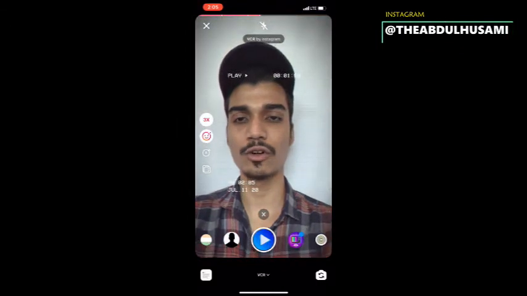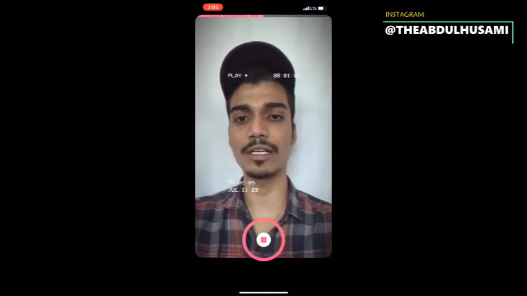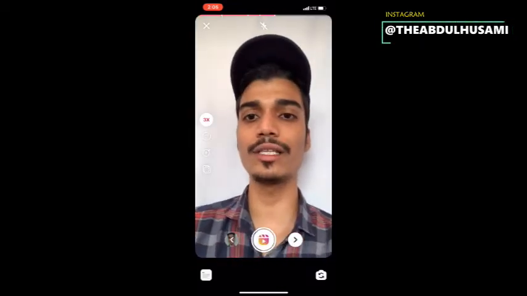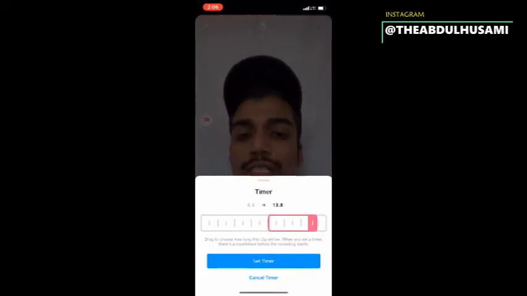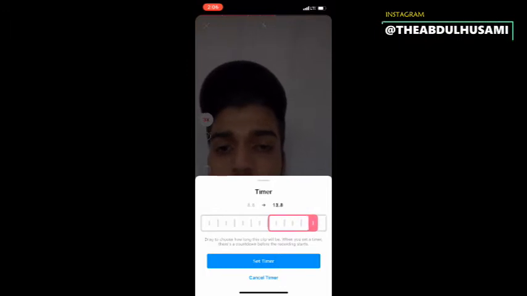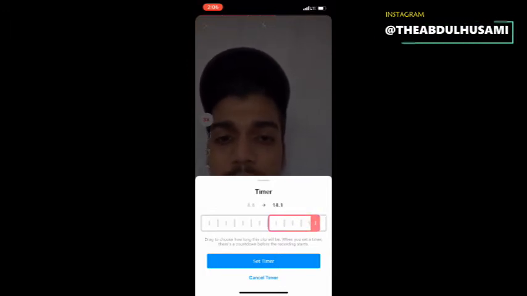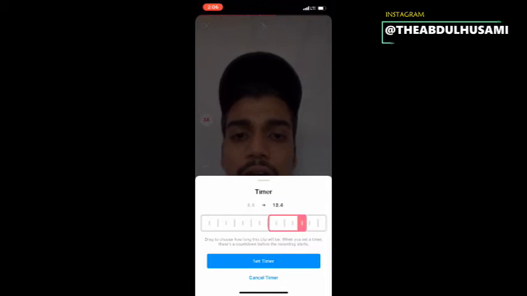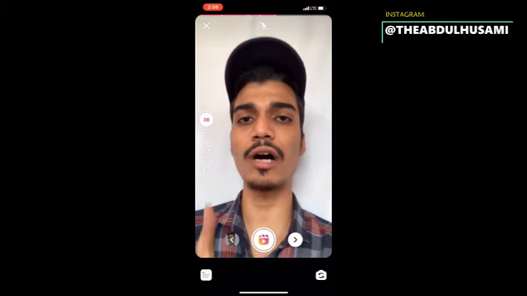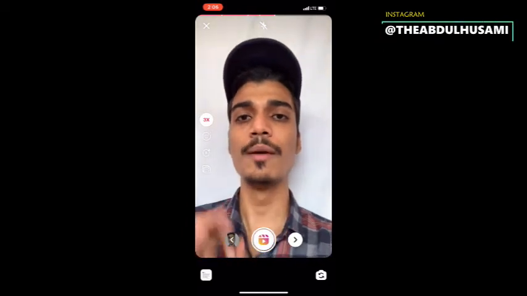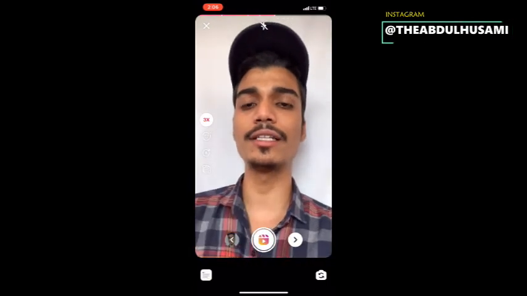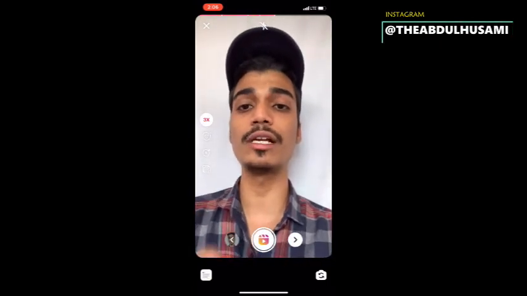Yeah, so make sure that you hit the record button, because whenever you select this, you have to hit the record button. Once you are done with that, I'll show you another option. This is the timer option. You can put a timer also. Just drag and choose how long the clip will be, and you can arrange it as per your video. Also, I haven't got this music option because I have an iPhone, an Apple phone, where they have not given the music option. On your phone you might get this music option also.